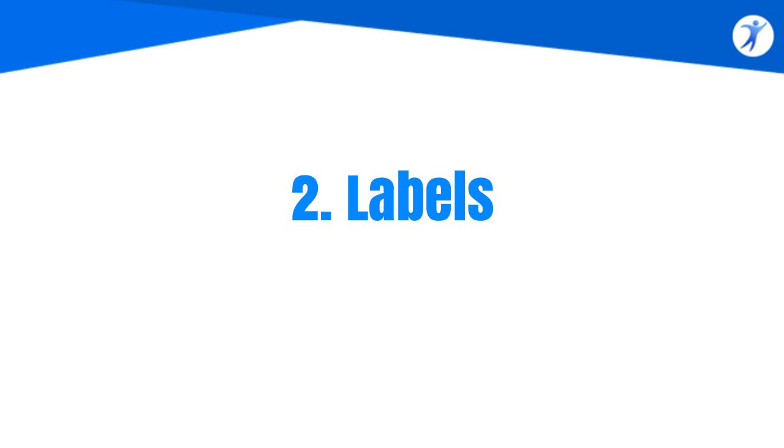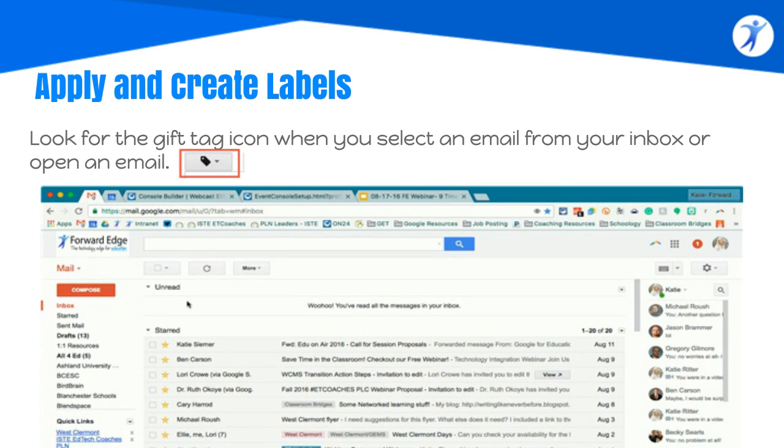And so now we are going to talk about labels, which I just sort of alluded to. Labels will definitely help you stay organized and find emails quickly in Gmail. They work really similarly to folders, but the bonus to labels in Gmail is that you can actually apply multiple labels to any one email. If you're like me, sometimes when I was using folders in Outlook, I couldn't remember which folder I categorized that email in at the time, and so it would take me a while to find it. With labels, I can apply every label